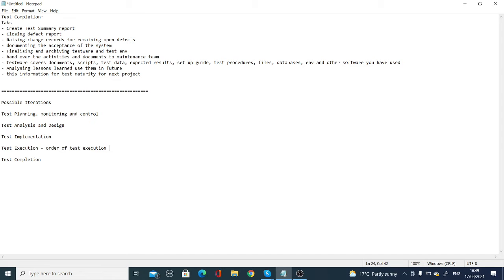During test execution, if you find the test case is incorrect, then you will go to the test analysis and design phase. If you need to redesign the test case, you can redesign it. If you need to modify the test case, you can modify it. If you find your understanding of the requirement was incorrect, it is the same phase. This is called test analysis. So you analyze the requirements and rewrite the test cases.